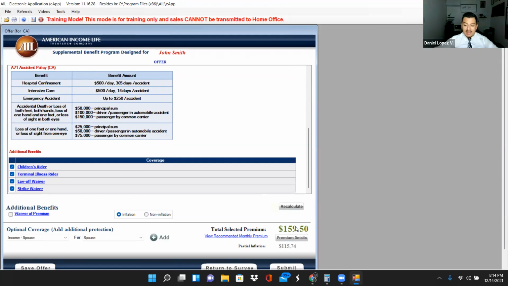So get a piece of paper, get anything you want. You always have to have a paper outside of you. Okay. So 135,000 for the whole family, husband and wife, child rider, and the A71 costs 159. Always round up to the nearest dollar. So 35,000, that would be 160.